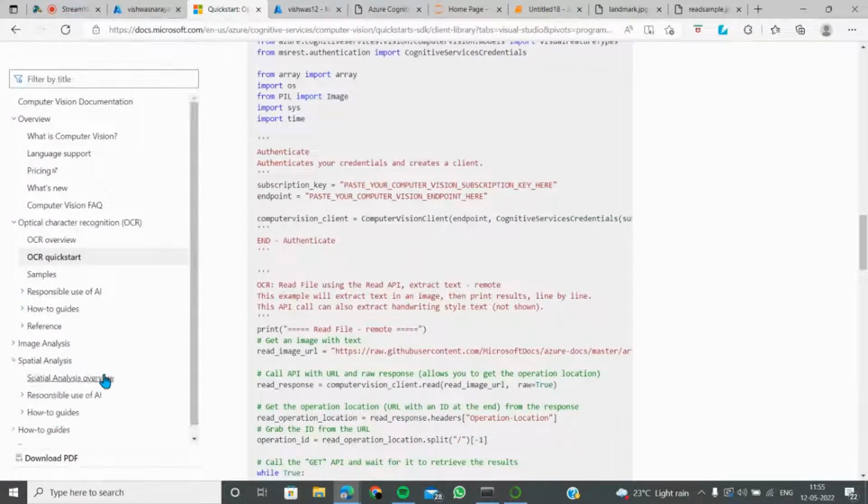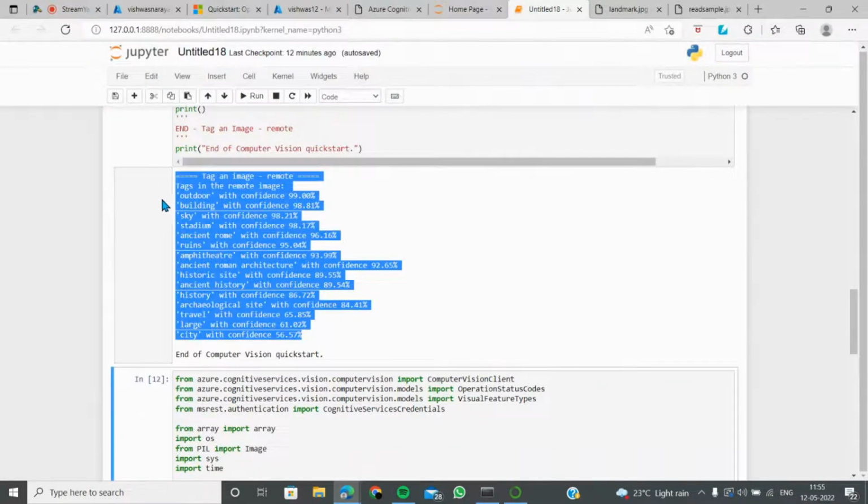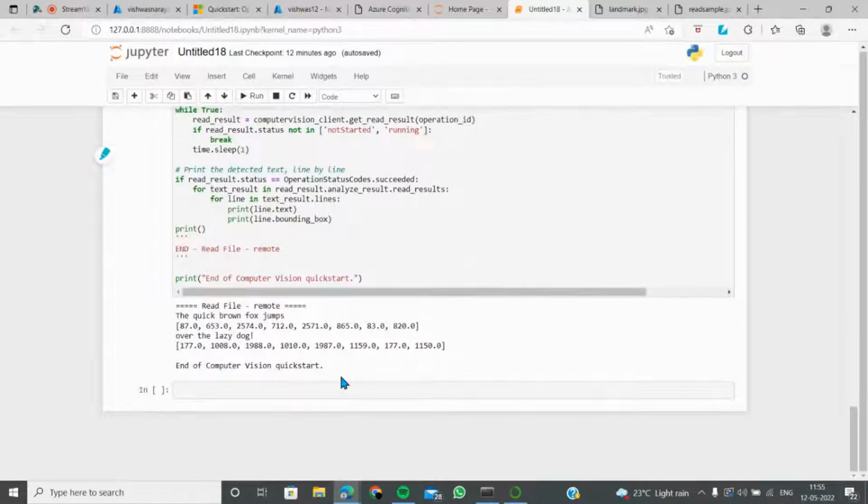Spatial analysis also can be done. So what we did was also spatial analytics, but it was image analytics at the end of the day. So it did everything, but it didn't say anything about the space. So that's not a problem. But everything is here for you folks. So you can do that. So quick one, proc